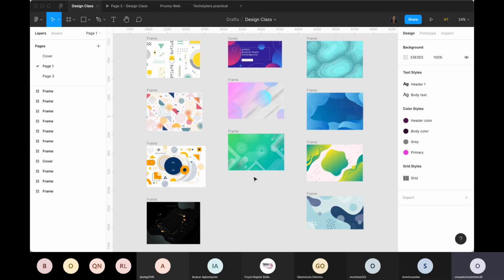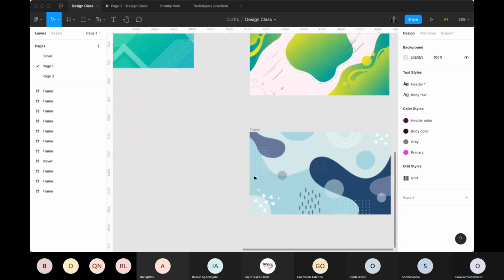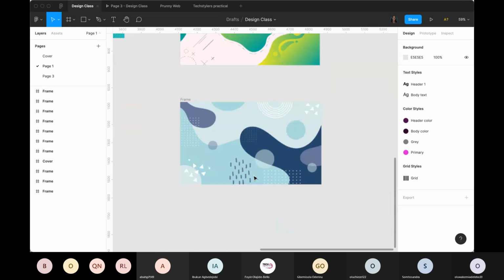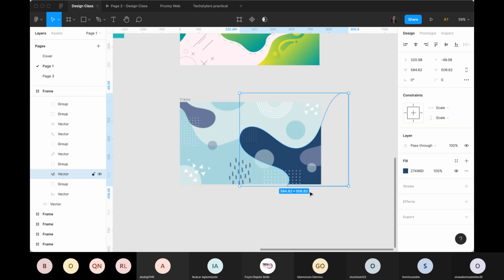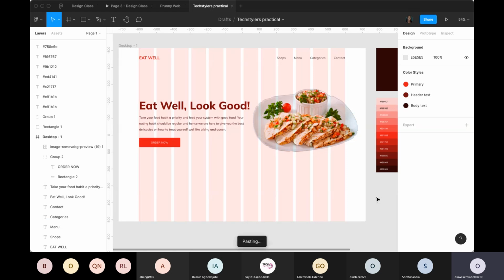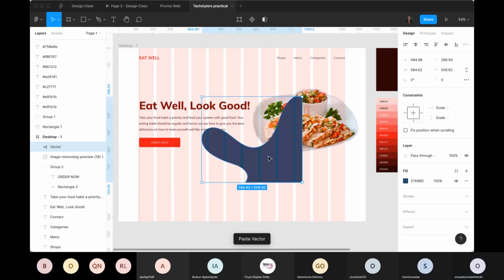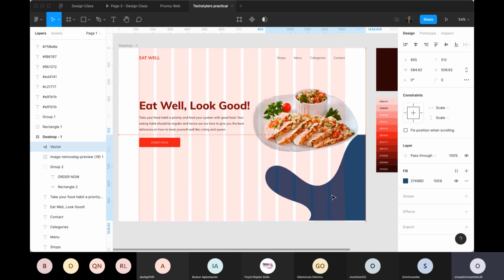All right, so let's look for pattern here. I think I found one that I want to use. All right, copy, Command C or Control C, and paste here. So change the color, obviously. Change the color to